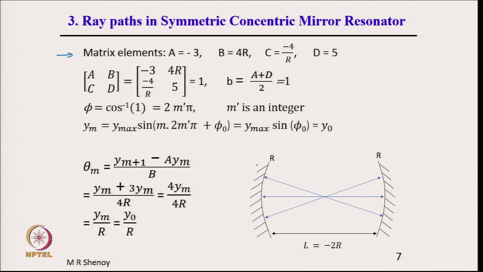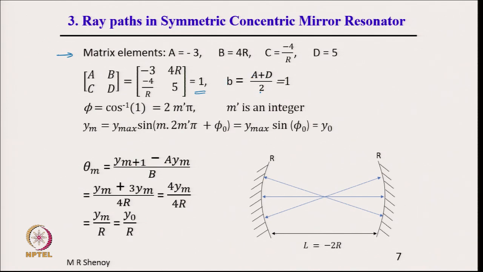So, R, and C is equal to minus 4 by R and D is equal to 5. Note that the elements are neither ones or zeros, but the determinant is again 1. So, you can just multiply the 2 and see the determinant. So, this is minus 15 minus, for R cancels, 16 minus minus 16 is equal to 1. So, it need not be 1 0 etc., but the determinant is always 1, and therefore, B is equal to